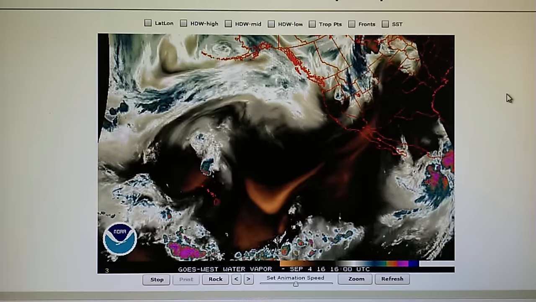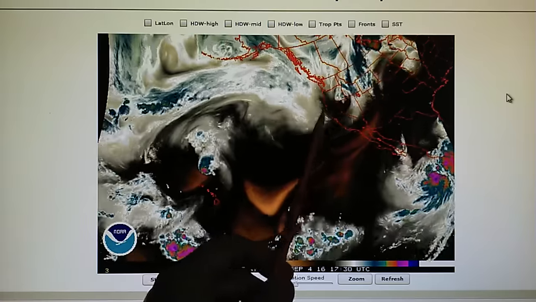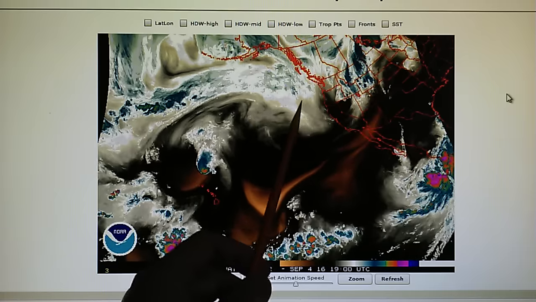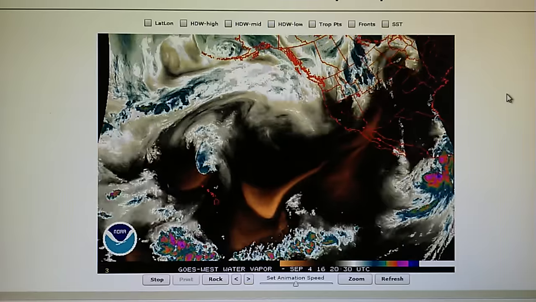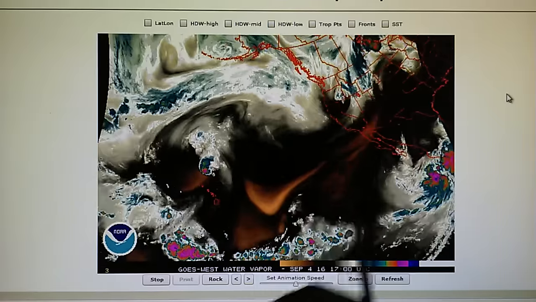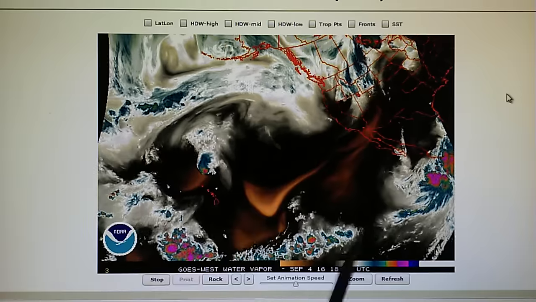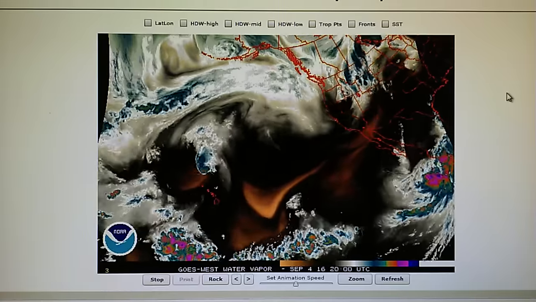So right here we have manipulation. This is a transmitter weakening the frontal system, evaporating all that moisture that should be dropping down into Southern California. Now as this system moves out to the east, this will intensify. They'll pull the heat off of it, and it will quickly generate some thunderstorms and hail as it moves over